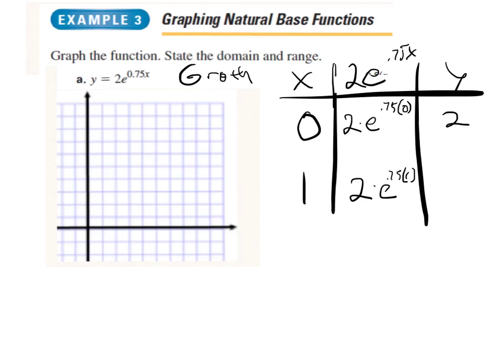Second ln to the 0.75. And then I multiply that by 2, and I get 4.23. Alright, so on our graph here, at 0, we're up, let me mark out the dashes. So at 0 we're at 2, and at 1 we're at